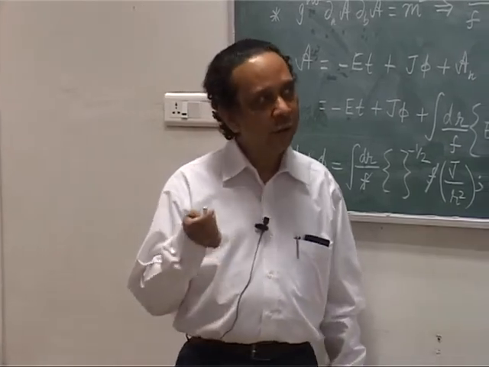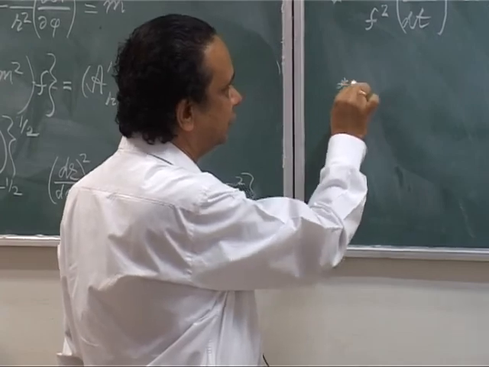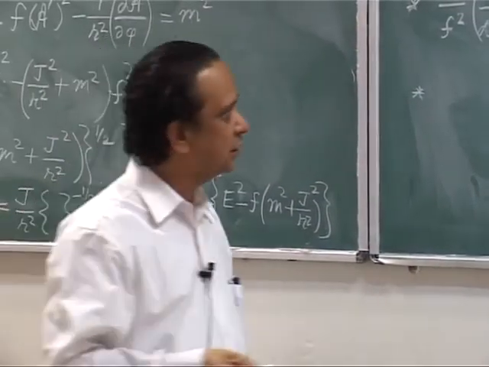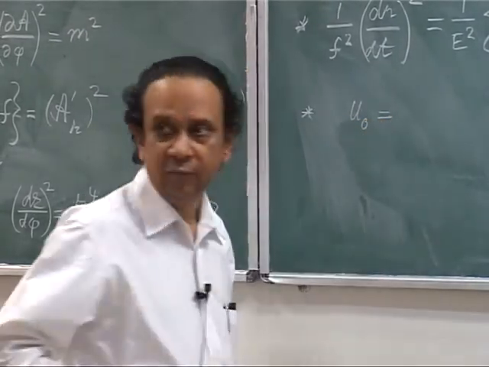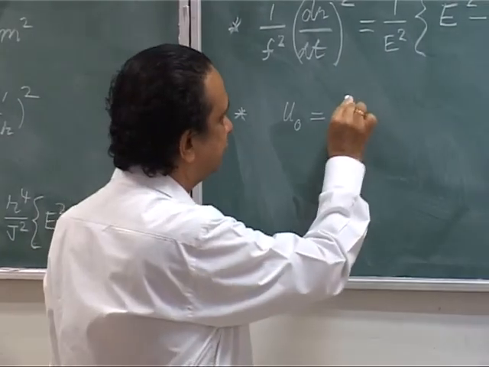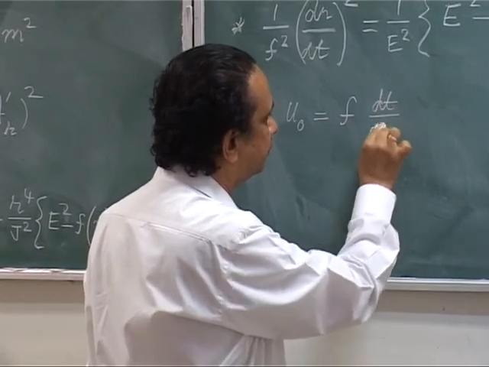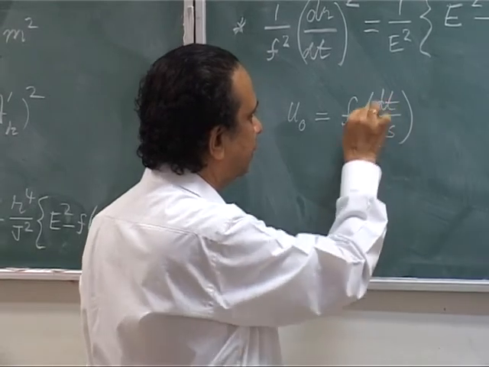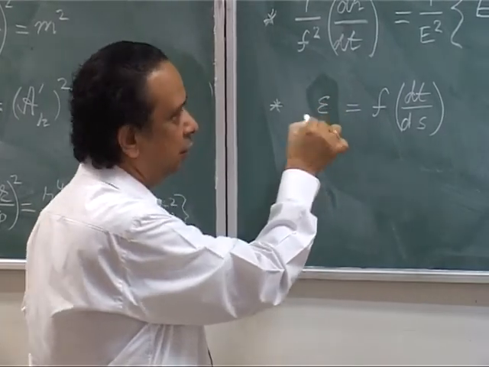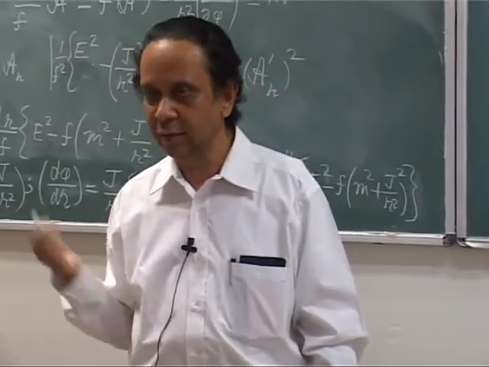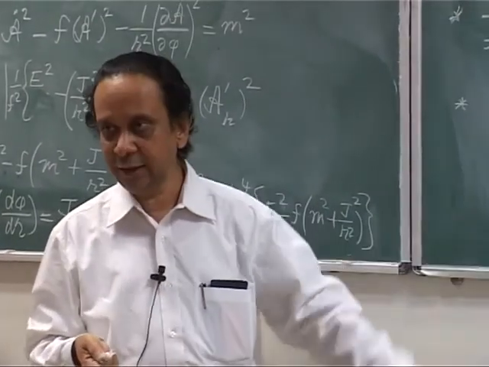In order to do that, you again go back to that geodesic equation where we found out that there are conserved quantities, and one conserved quantity which we have is U0, which we wrote as G00, which is f of r into dt by ds. Let me call this some epsilon. Epsilon is energy per unit mass, not to be confused with the E, it is just capital E by m. So this is a constant.